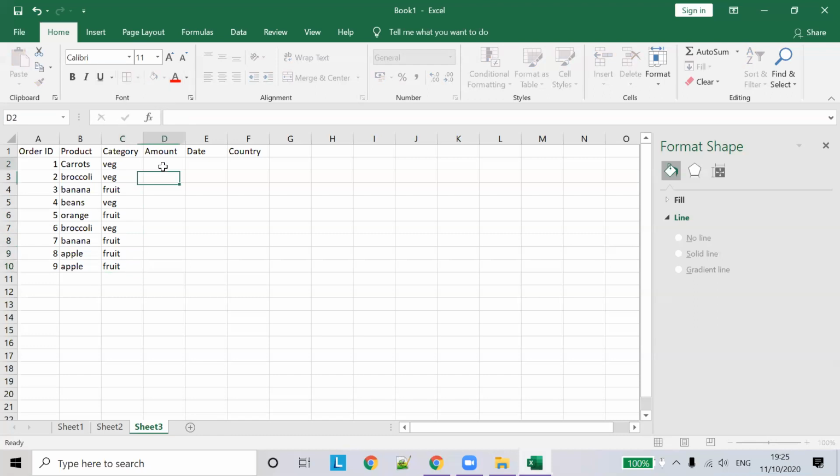Amount, random only. So let's say 1, 6, 20.